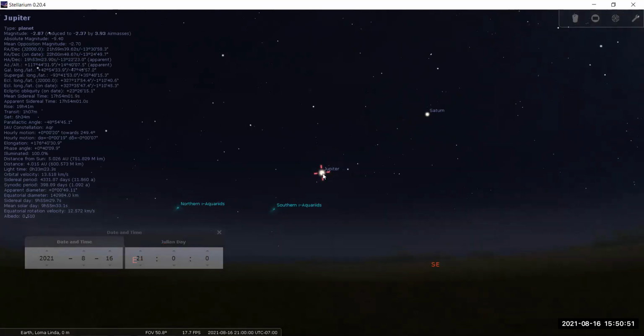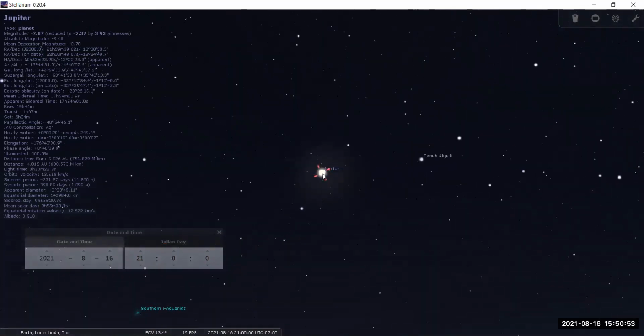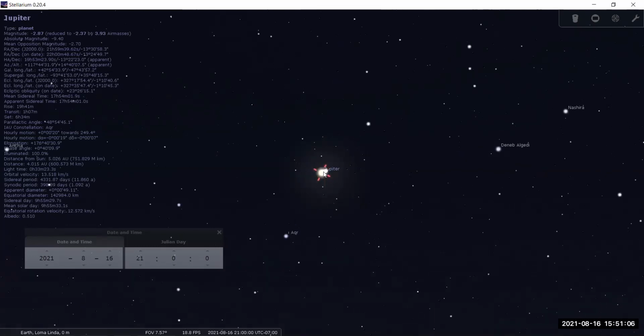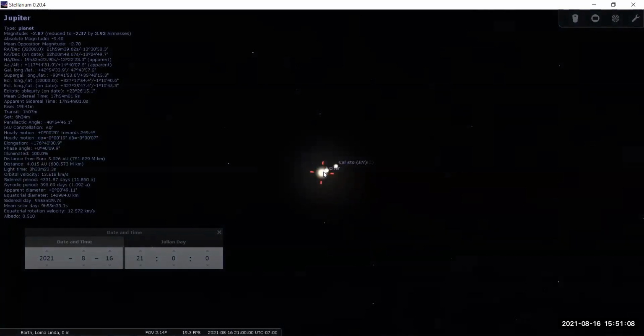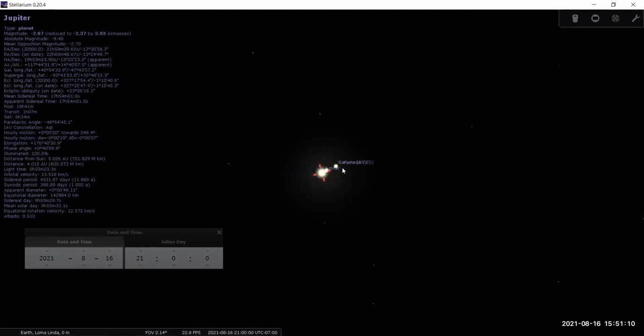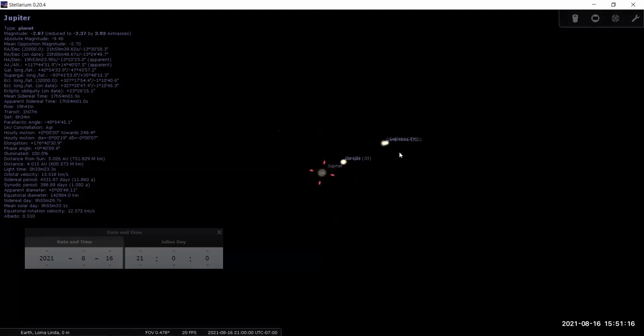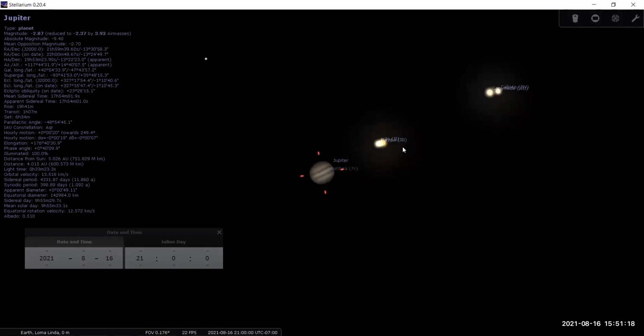If I want to zoom on this planet in here, this is Deneb, actually, part of the summer stars, which is the tail of the swan, which is another constellation. As I'm zooming closer, I see something that popped up on the other side, and it says Callisto. Actually, those are the moons of Jupiter.